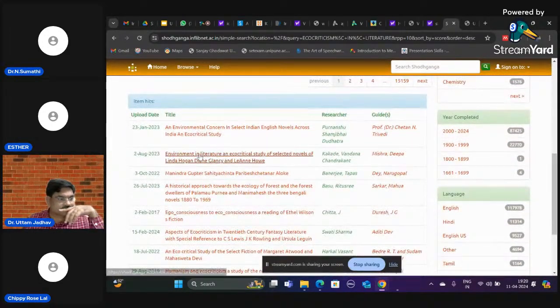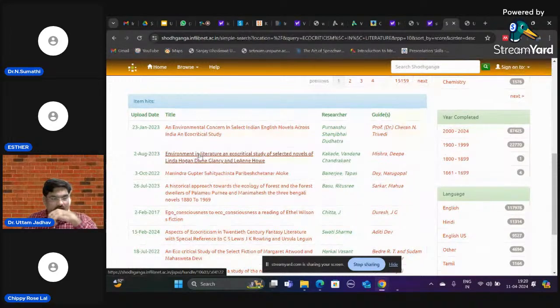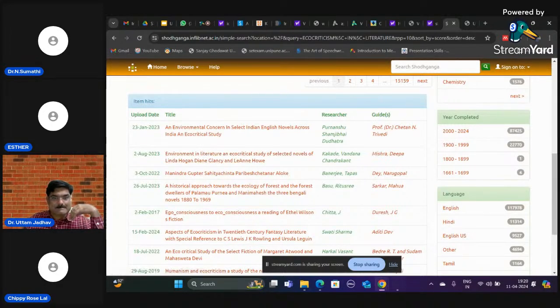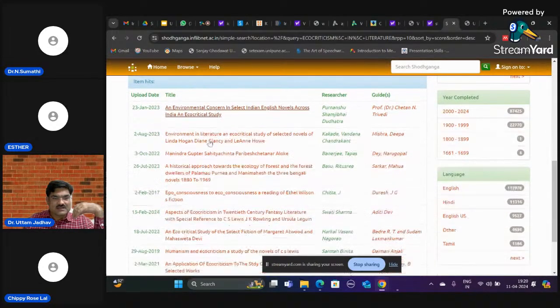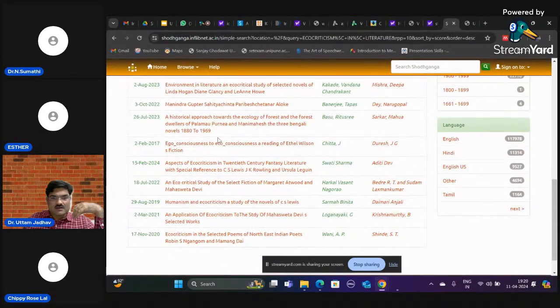Now you can see an environmental concern in select Indian English novels across India and eco-critical study. So I can see here, these are the research topics,